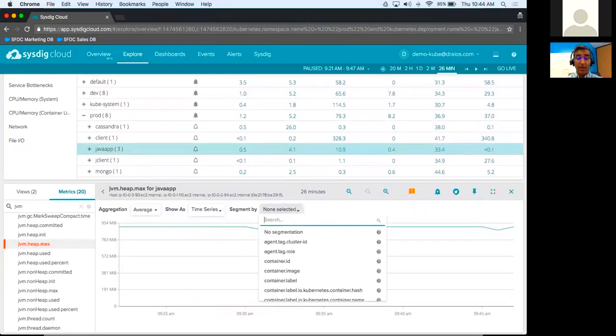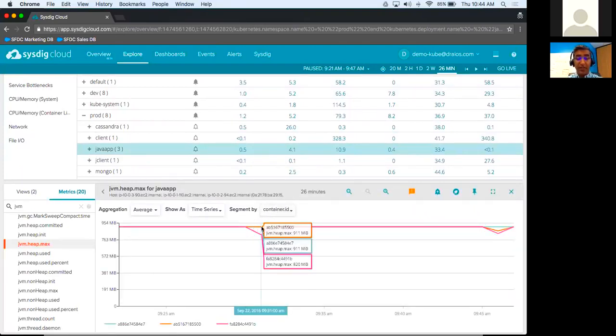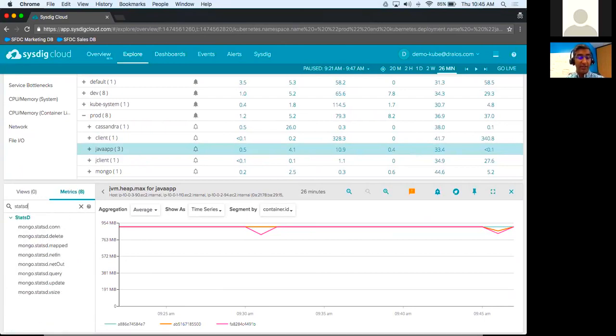So you can do segmentation by container ID, and you can see how things are varying among containers here. Similarly, this is a good place to look for things like JMX metrics, and I won't run through all of these, but you can see here that we have them. And then finally, StatsD metrics. Similarly, you can have as many metrics as you want.